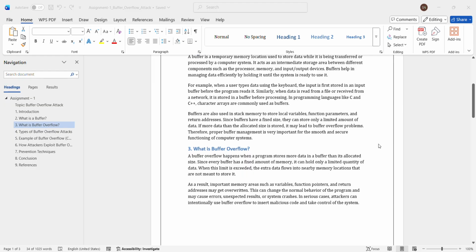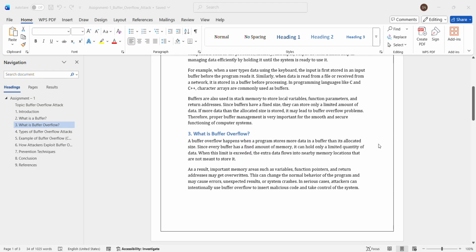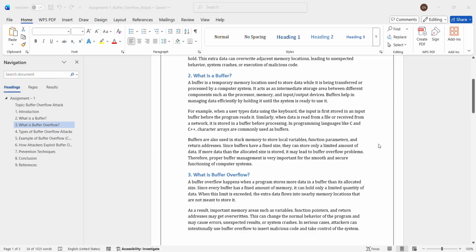Example of buffer overflow: C program. #include <stdio.h> #include <string.h> int main() { char buffer[10]; gets(buffer); printf("%s", buffer); return 0; }